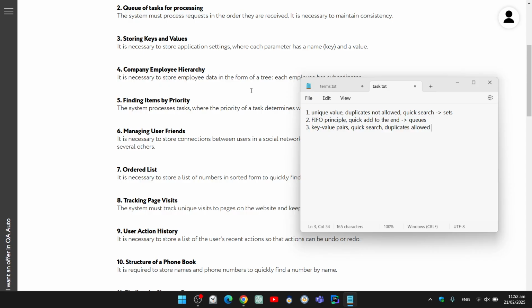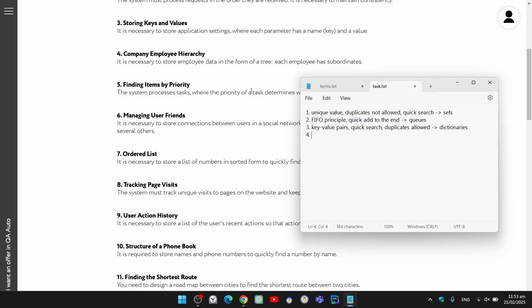So in this case we can use dictionaries because the values are stored in key value pairs and we can access the elements of the dictionaries quickly. The average time complexity for accessing the elements is constant. And also we can store duplicate values, right? So now